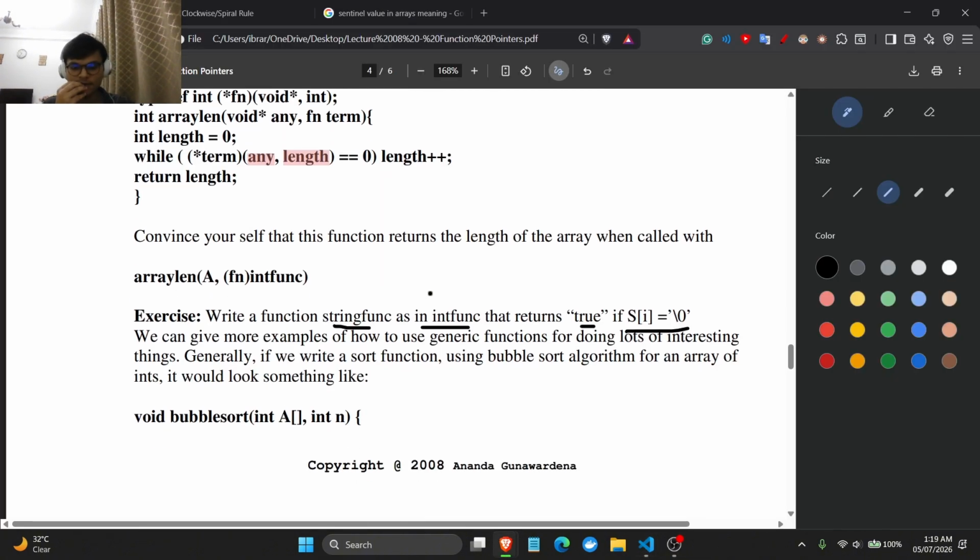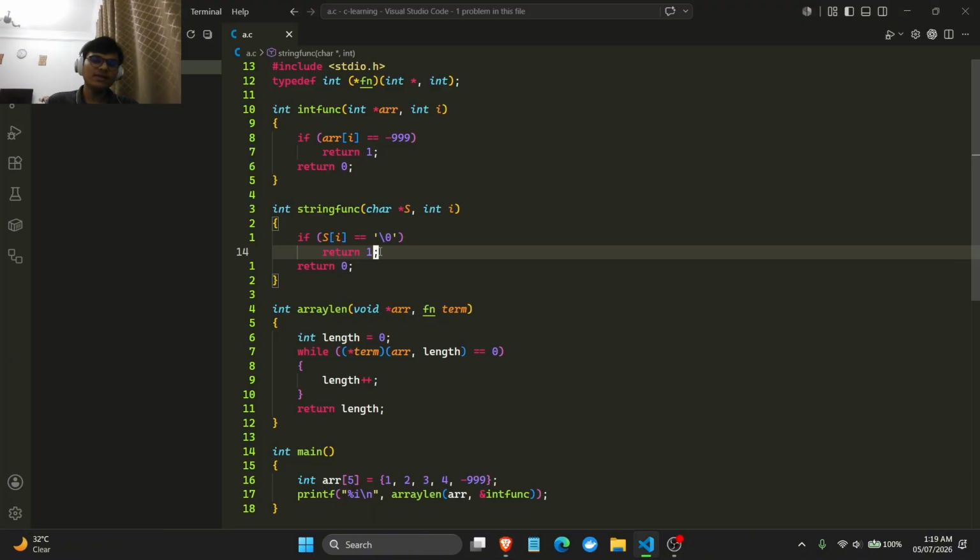Returns true if this is equal to that. We can give more examples of how to use generic functions for doing lots of interesting things. Generally, if you write a sort function, a global sort algorithm on an array of integers or something. My only concern is